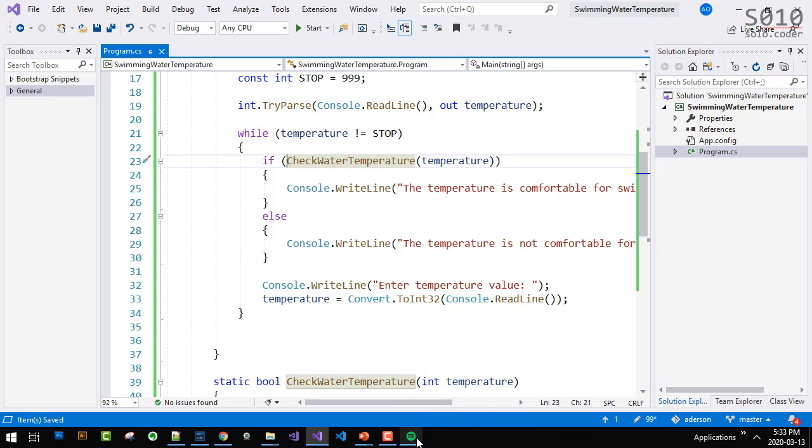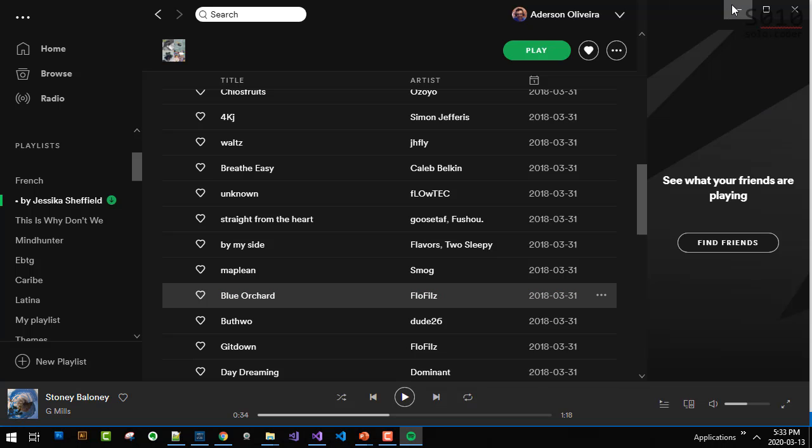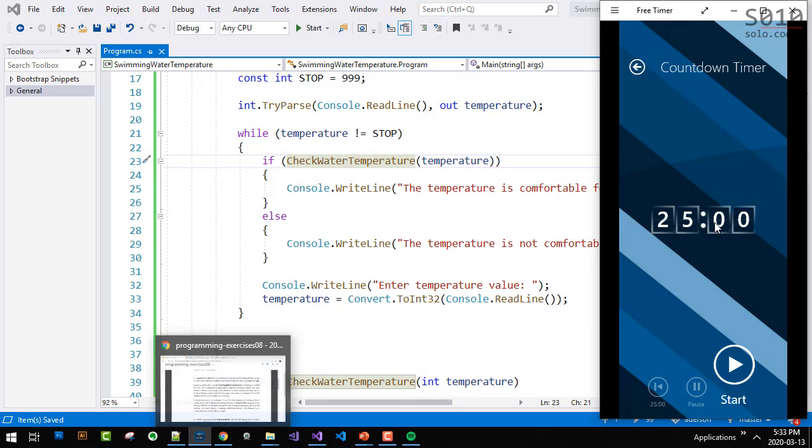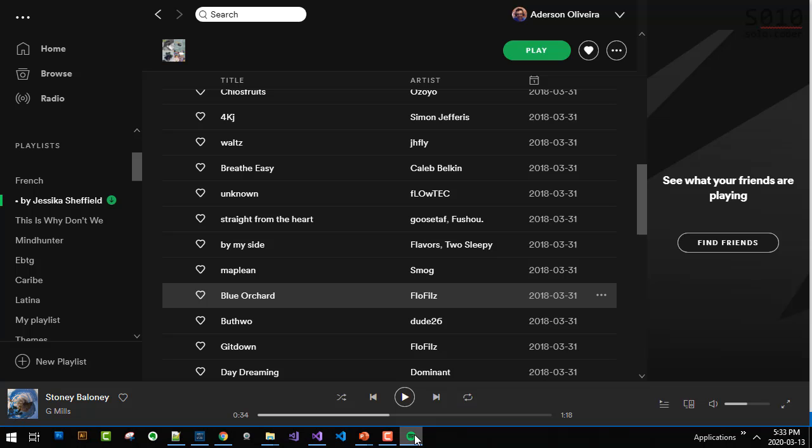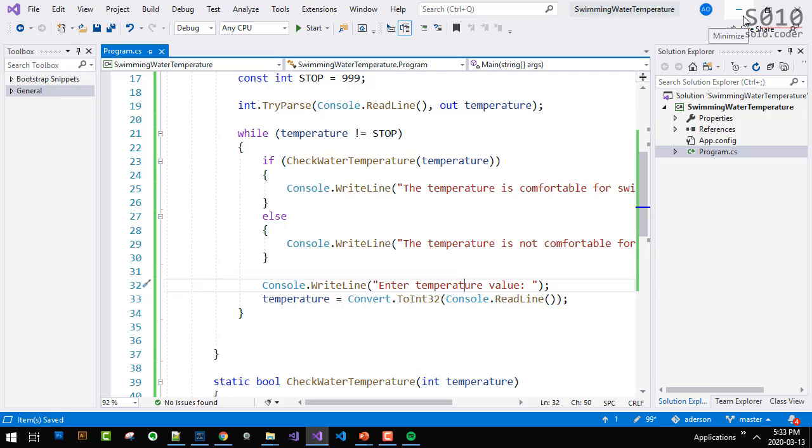Let me just put my timer there. So how will users know, if we are going to type 999? Good point. I'll address that once you come back, okay?